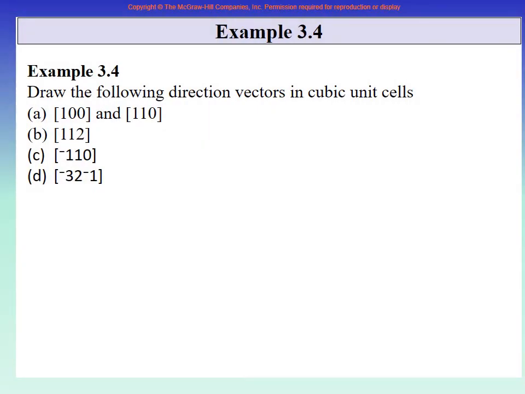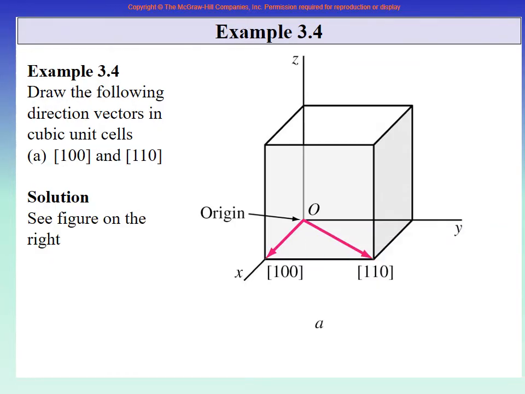Let us then start with the first example, where the direction indices are given. So let us see. We have to do 1 0 0, right? So the first thing is that you quickly draw the cube. One technique is that you draw one square and you draw the other square and then you join the lines. So do this practice. Draw a square, move it a little, draw another square, and then join the lines. So this is it, and that is your origin.